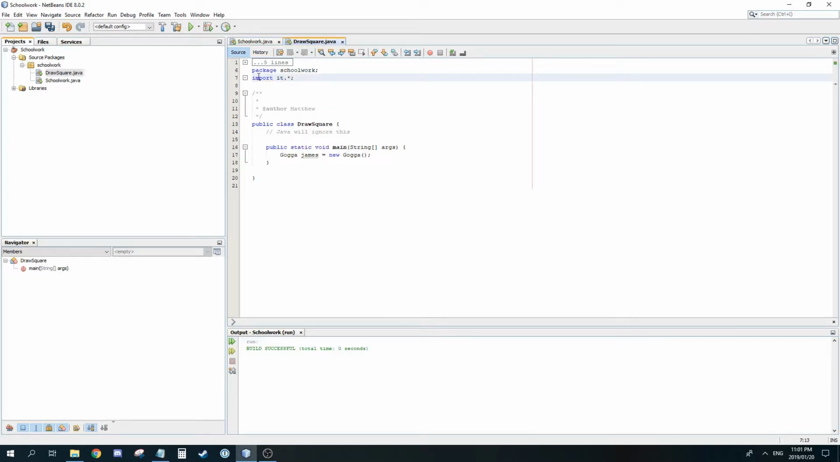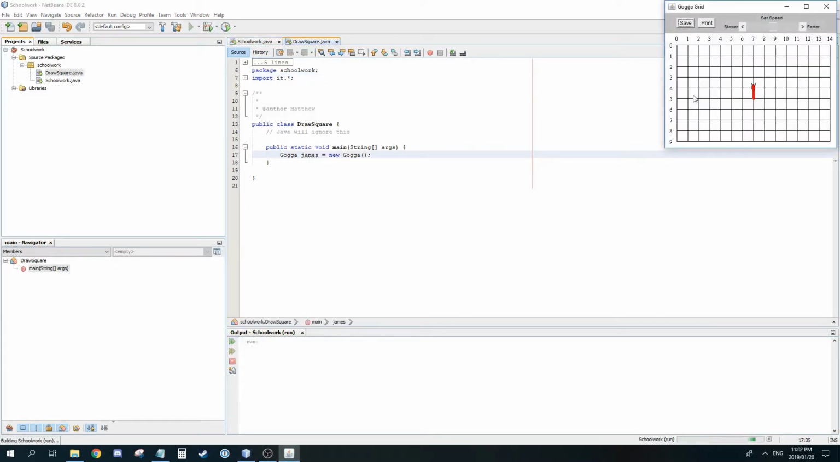Okay, so import statements have to come after package, and you can't put them inside the class. You'll see now that the red vanishes. There's still a little squiggly line over here, and it says that James is not used, and that's because we're not doing anything with it. We're creating a new one, but we're not doing anything with it. So if I run it though, you'll see that we created,